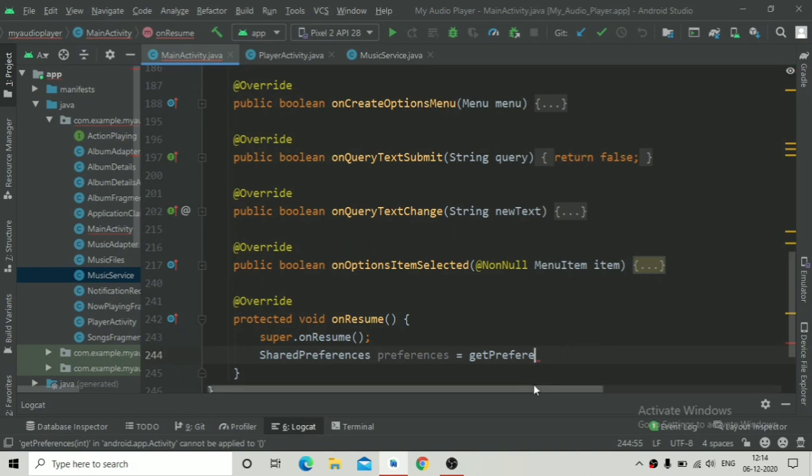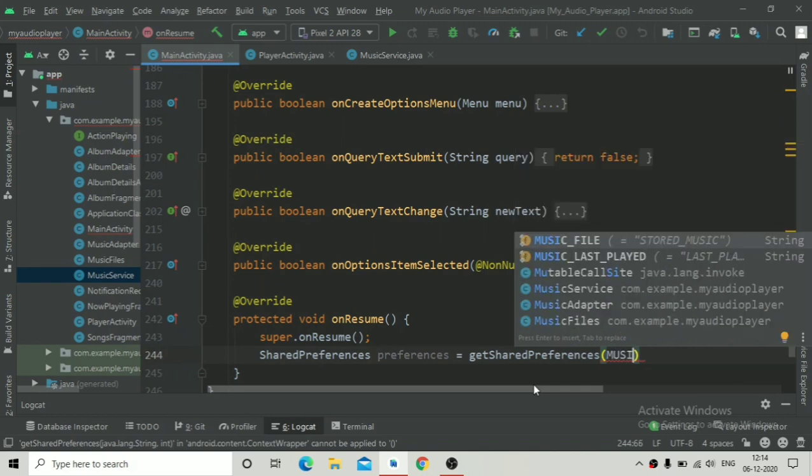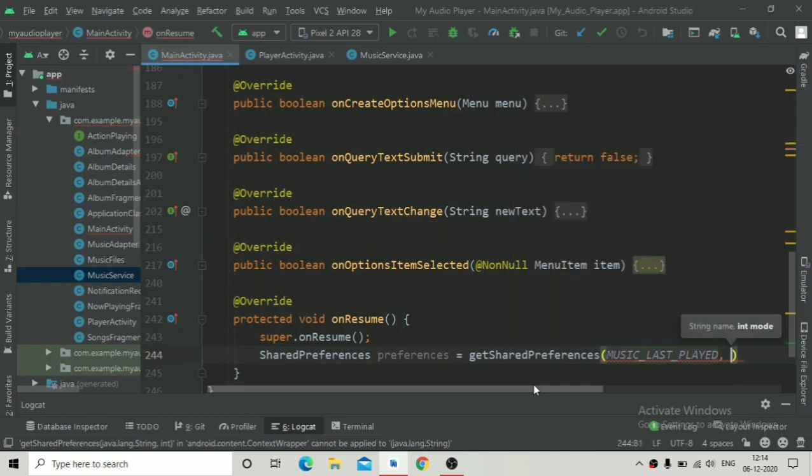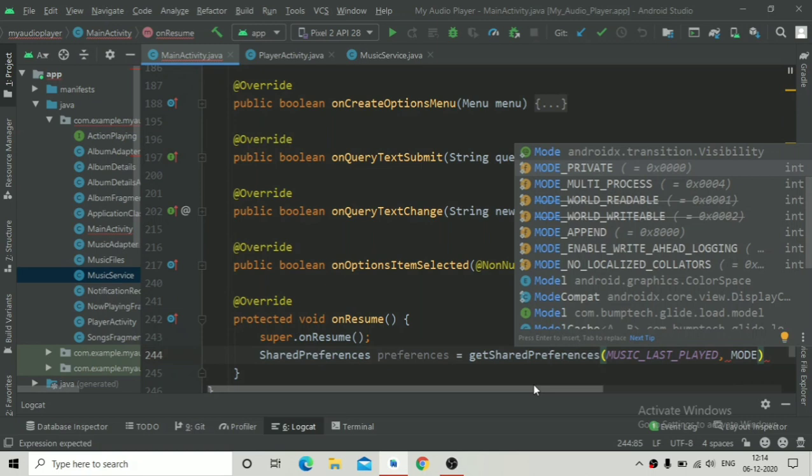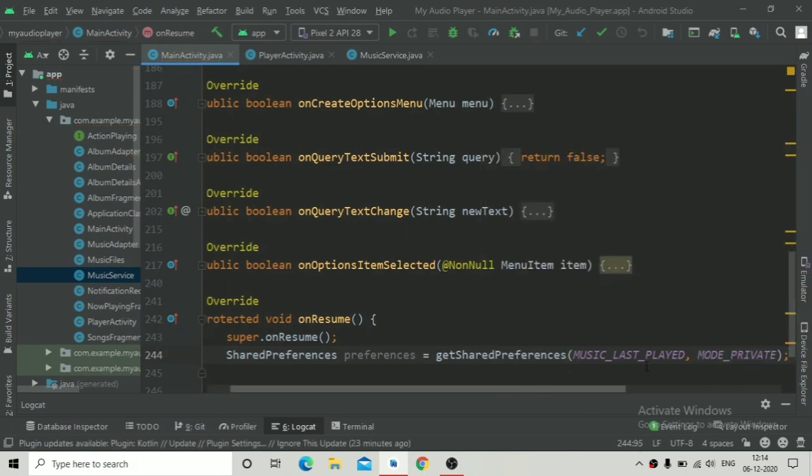So just delete this and write again getSharedPreferences, and over here you have to pass the name that we have given. You can see this music last played, and then the mode will be private and semicolon.